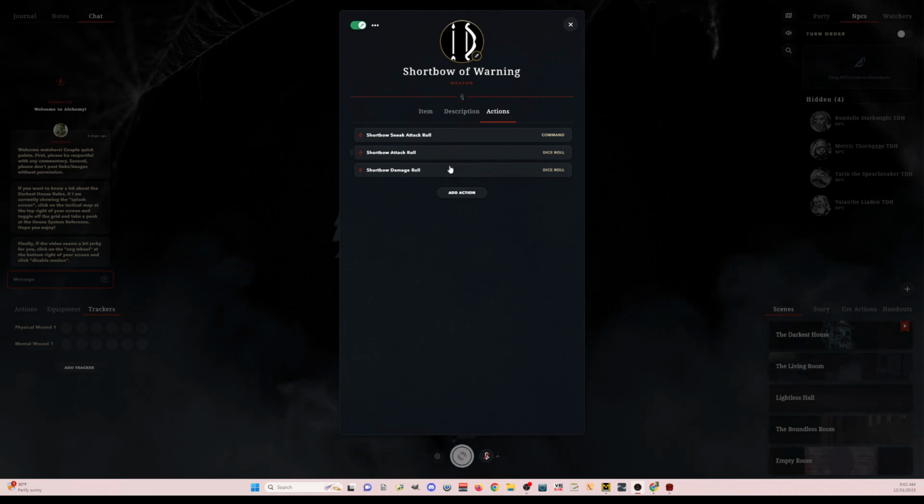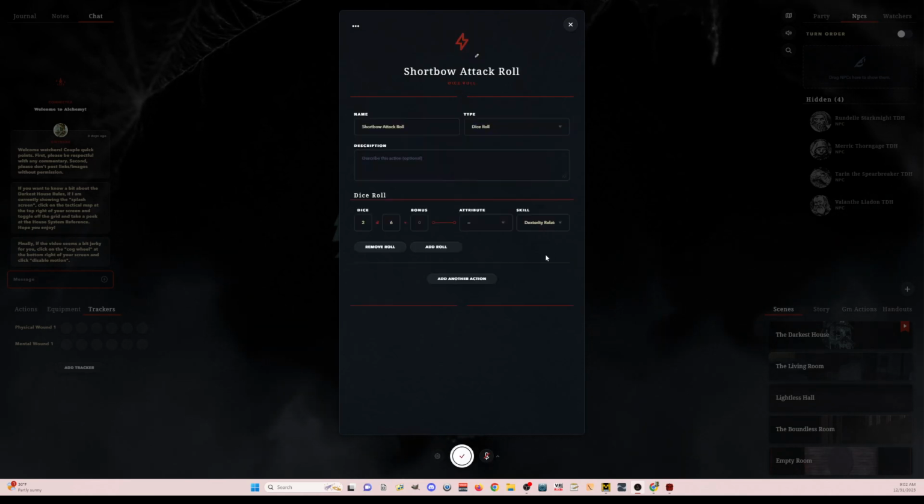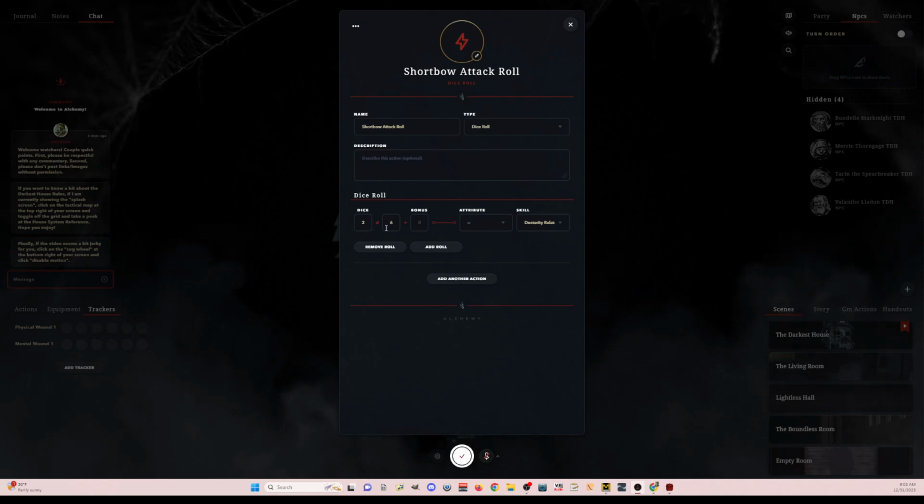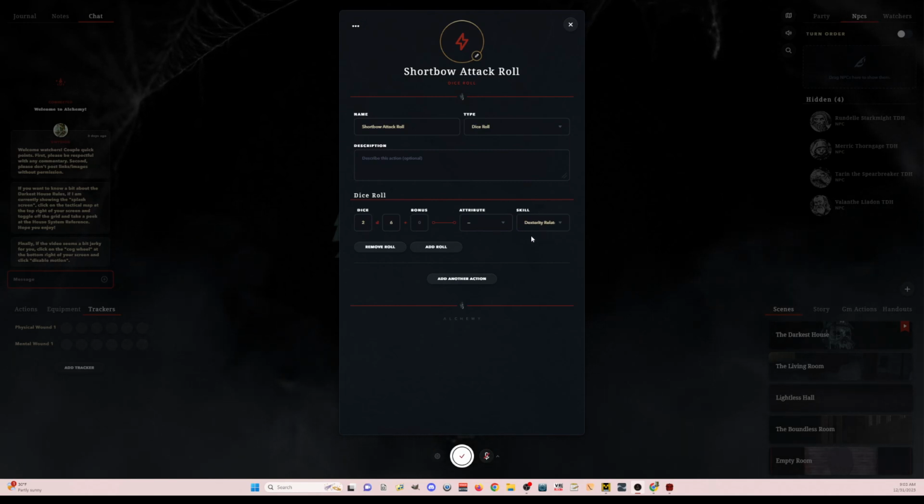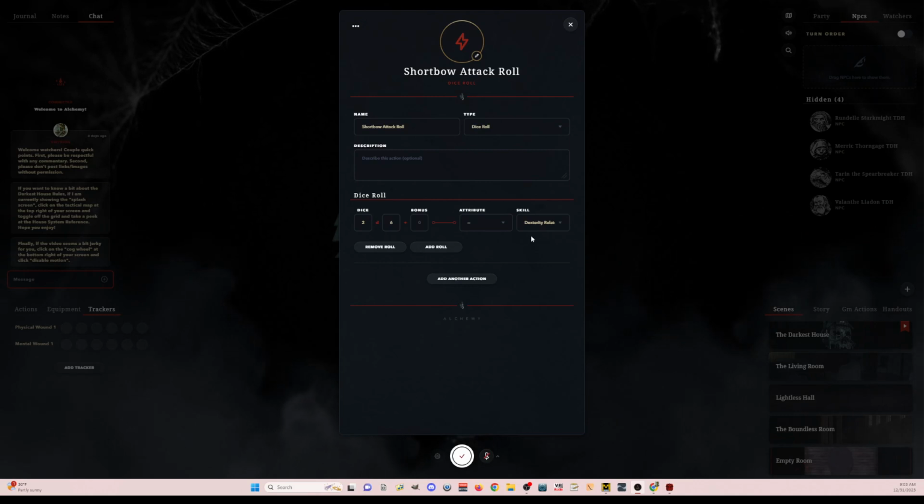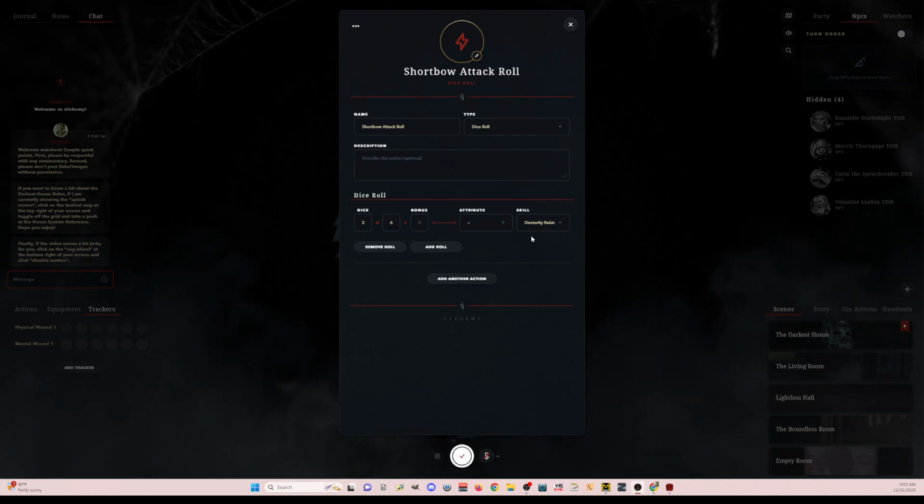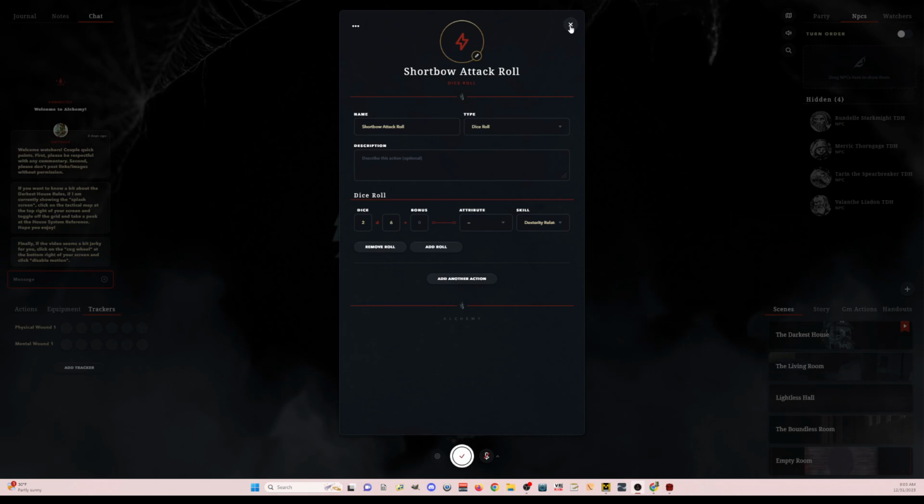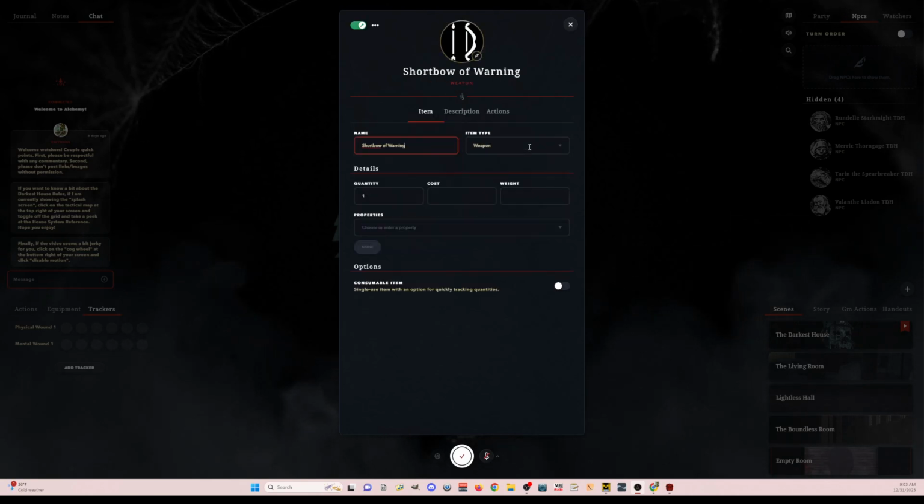If I click on the short bow attack roll, I did this as a dice roll, so 2d6. And then I'm adding, because this is 5e, I'm adding the dexterity related skill of 4. So it'll be 2d6 plus 4 when he rolls. The way I handled